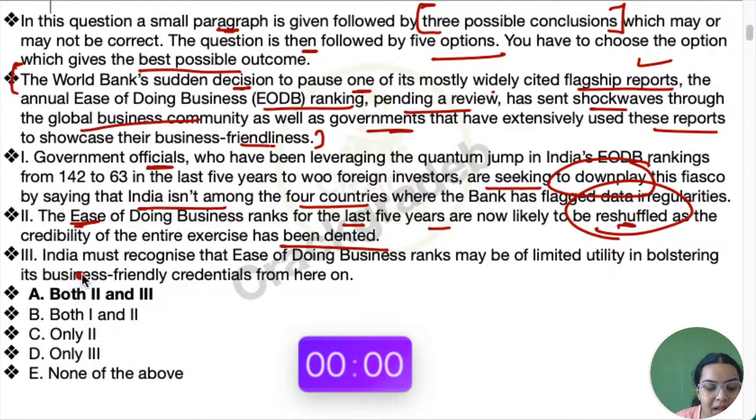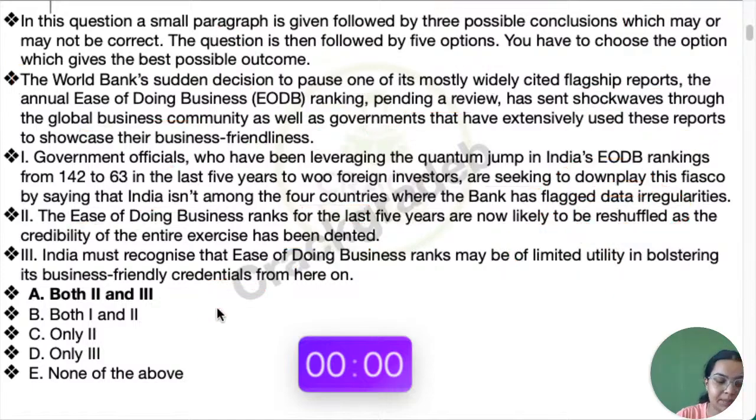Then India must recognize that ease of doing business ranks may be of limited utility in bolstering its credentials. Since now the flagship reports are paused, whatever ranking we have, whatever helped us to showcase our friendliness, is now being questioned. Because of that, India as one of the countries should know that some limitations are going to be there. So second and third can be possible outcomes. Okay,